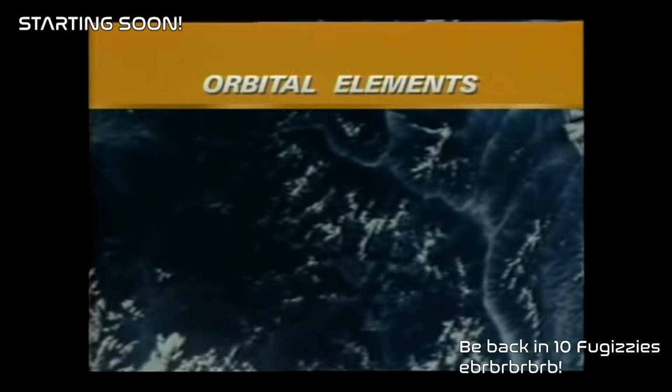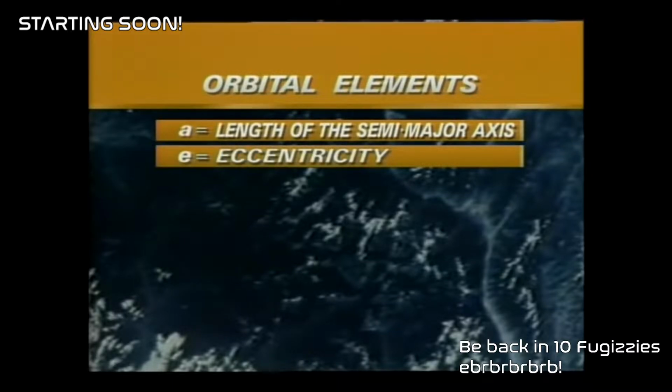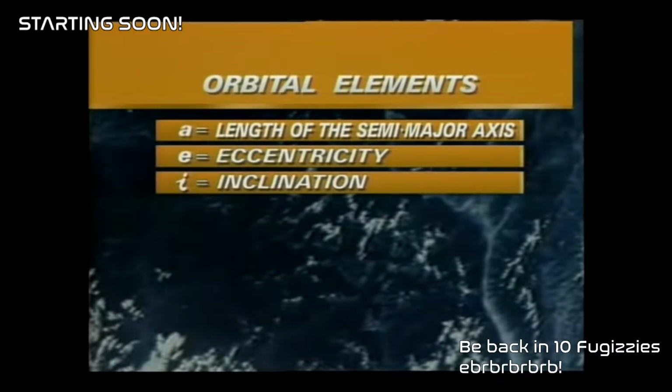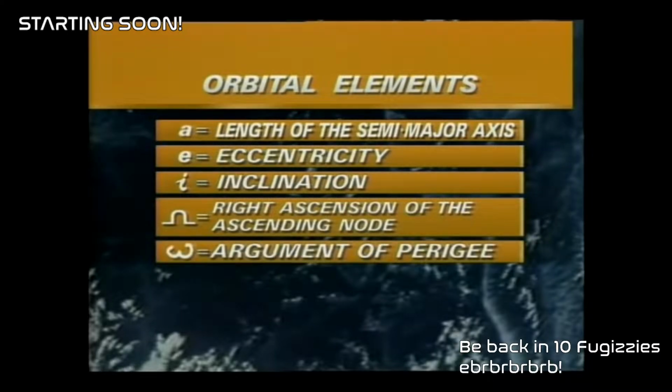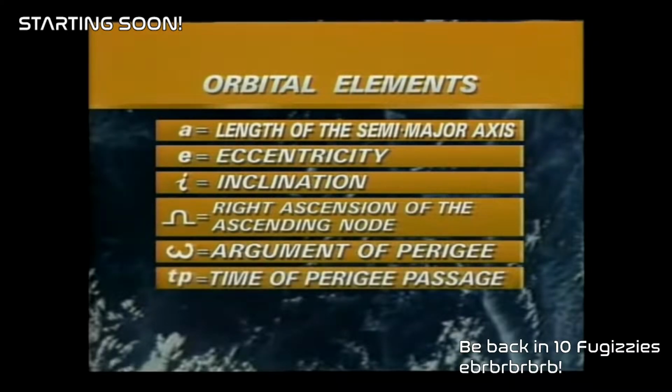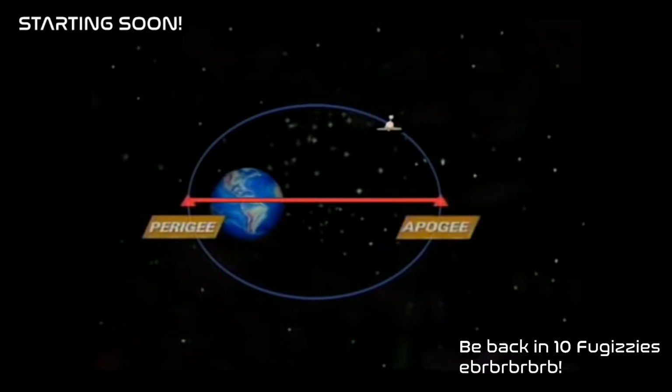Based on an orbit which is an ellipse, the 6 orbital elements are: length of the semi-major axis, eccentricity, inclination, right ascension of the ascending node, argument of perigee, and time of perigee passage. The major axis of an elliptical orbit is the line joining the perigee and apogee. This line is also referred to as the line of apsides.